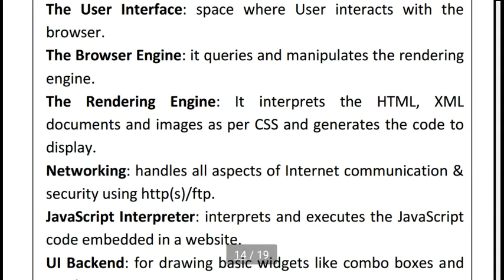The rendering engine interprets HTML, hypertext markup language, and XML documents. XML means extensible markup language, meaning we can use user-defined tags, whereas in HTML we use predefined tags. It also interprets images as per CSS and generates the code to display. So in a web browser, HTML code will be converted into output, XML code will be converted into output, and CSS formatting will be converted into output.